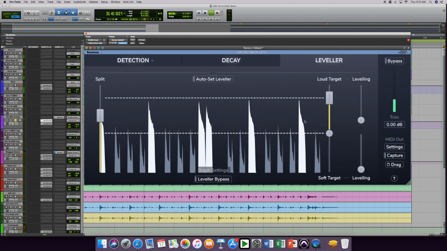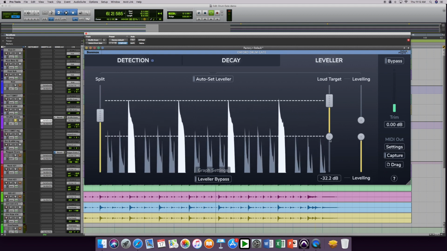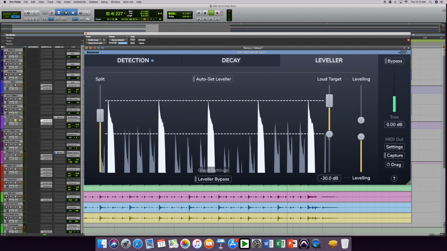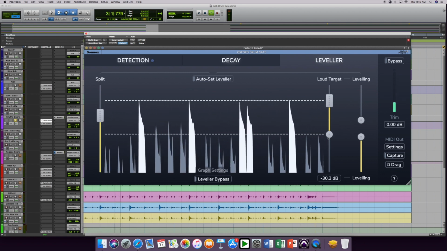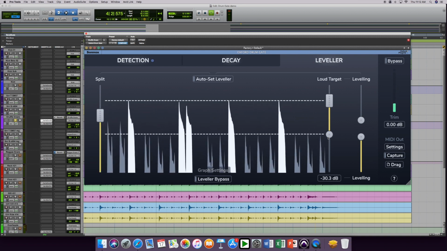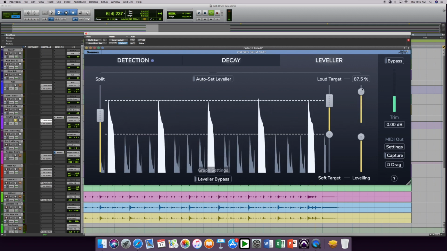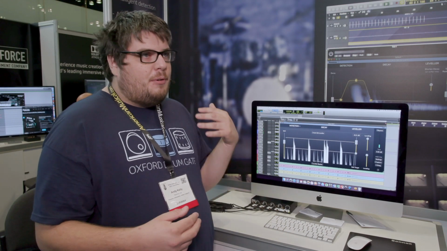Finally, we have the leveler, and so you can see there's two targets here. This allows me to bring up the ghost notes or down, irrespective of what the loud notes are doing. And we can position them in the mix, so if, for example, it's getting too busy in the mix, then we can bring them down, or if we're kind of missing the groove from the ghost notes, then we can bring them up. We can also do this to the loud notes to keep everything really consistent